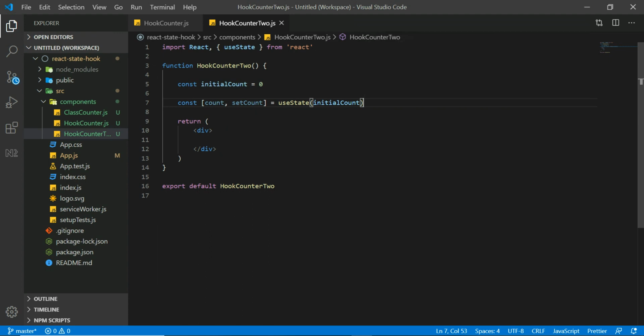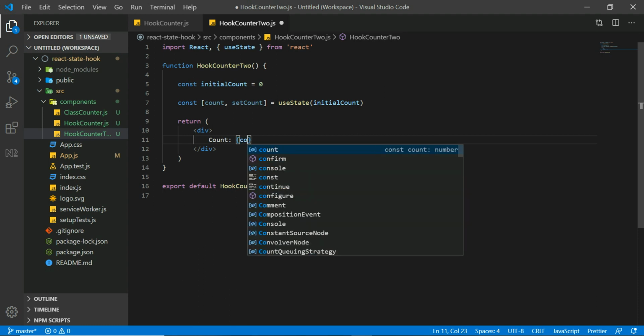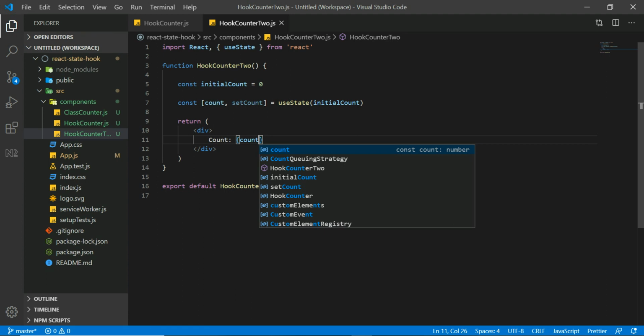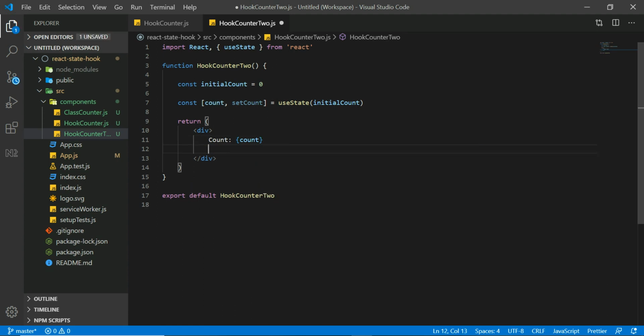Now we will add JSX. So we need to display the count value. So the count is going to be displayed here. After this we need to add 3 buttons that we discussed earlier, that are increment, decrement and reset.